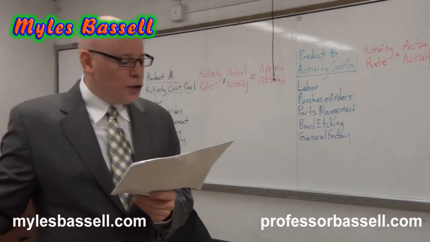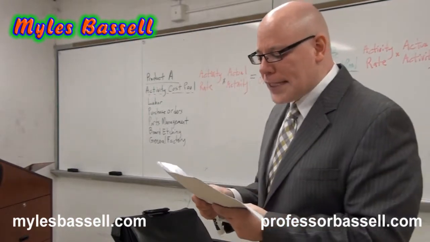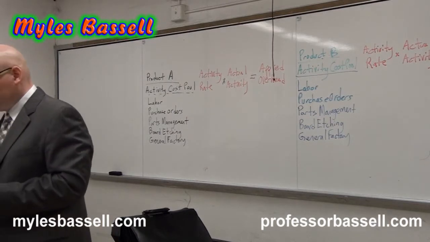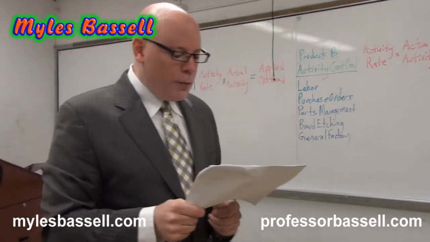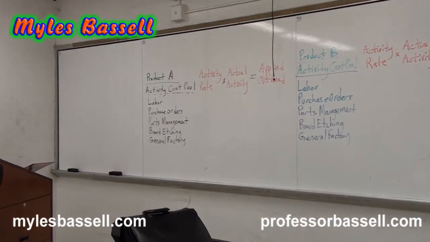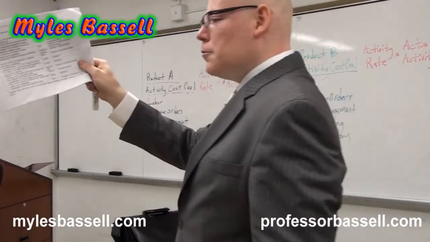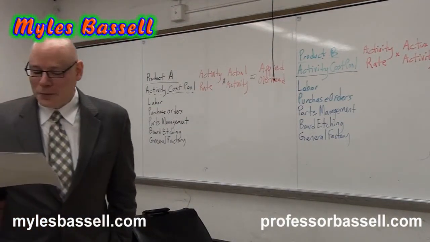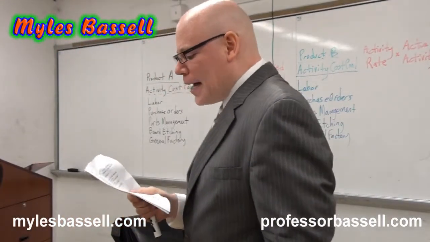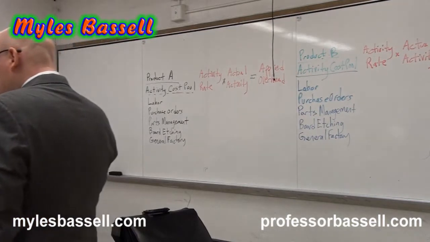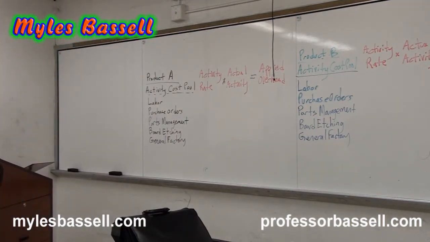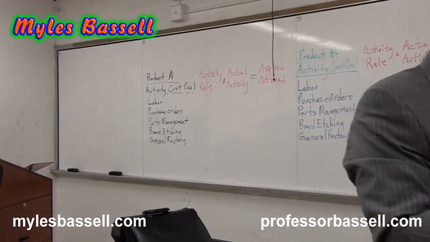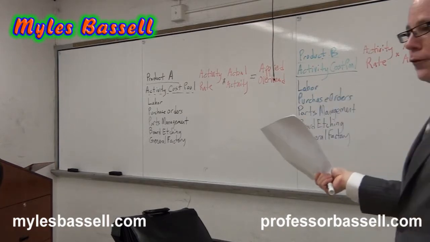Okay, so Carolina, we're going to talk about C now. A percentage of all completed goods are inspected on a random basis. It could be product, but what do you think is a better choice? Better than that. Unit level. Unit level is the better choice. A percentage of all completed goods are inspected on a random basis. That means we're going to look at it on a unit by unit basis